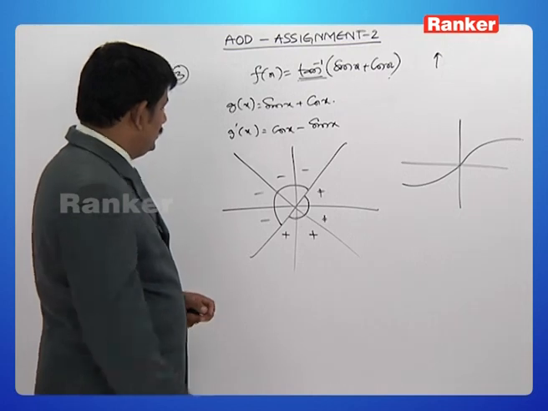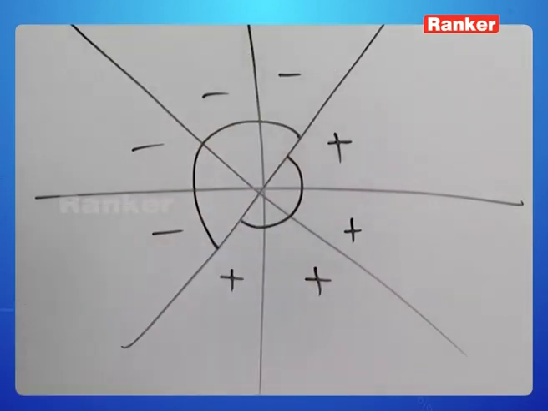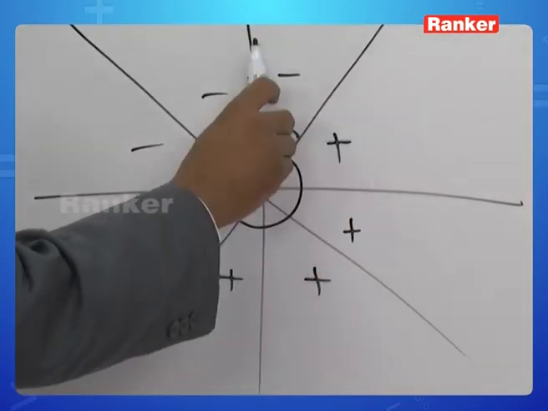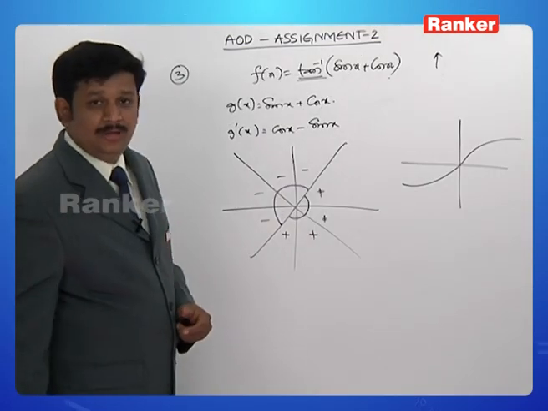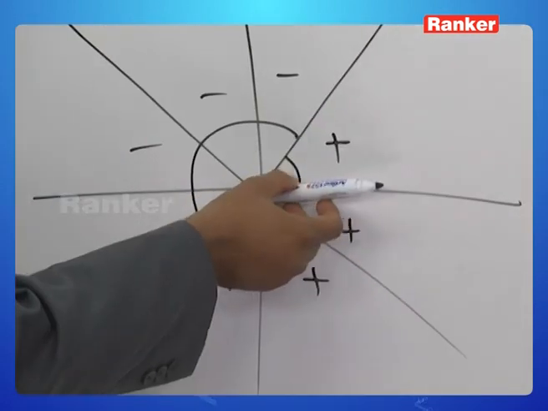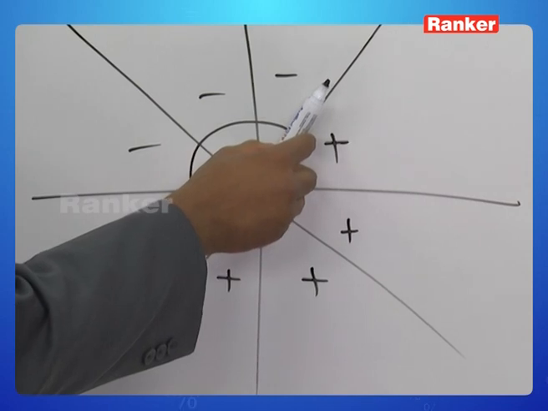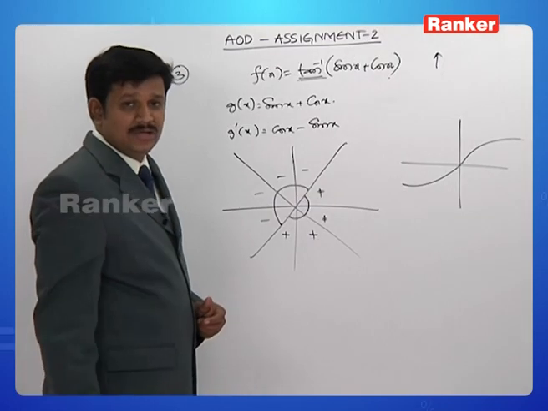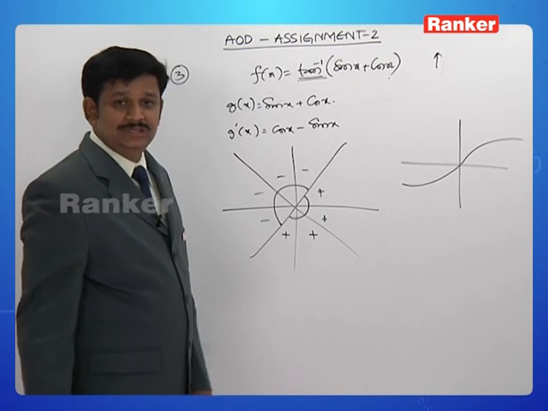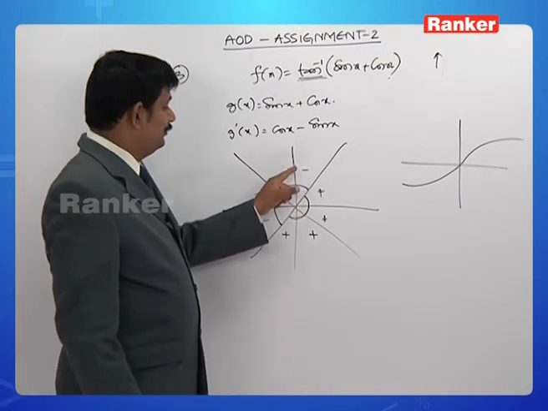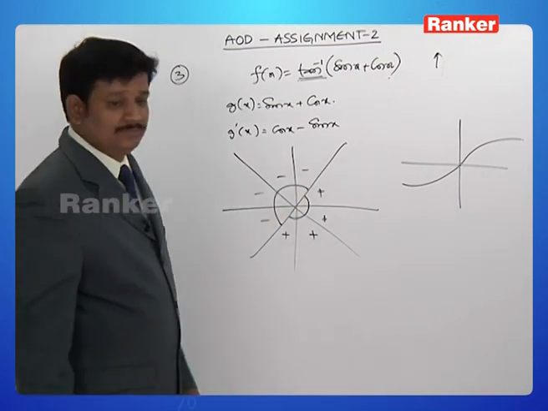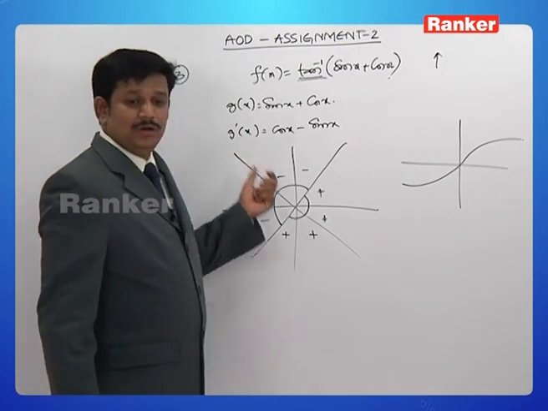Look at option B, 0 to pi by 2. In 0 to pi by 2, we can see partially g dash x is positive and partially it is negative. 0 to pi by 4, g dash is positive. Pi by 4 to pi by 2, g dash is negative. Look at option C,